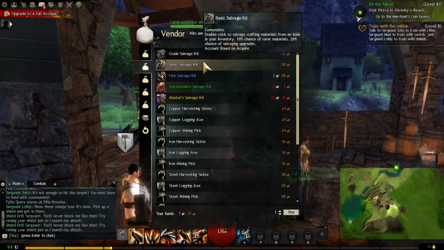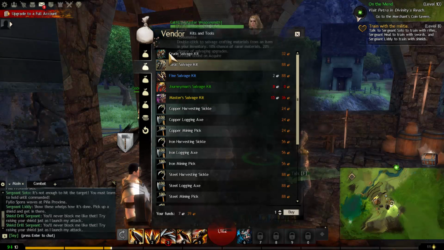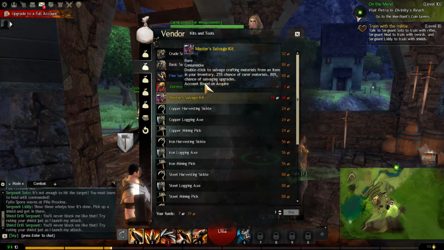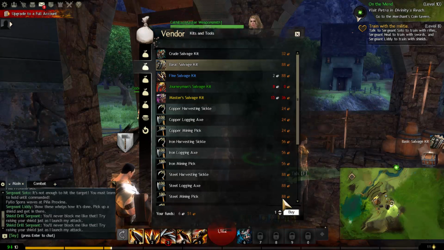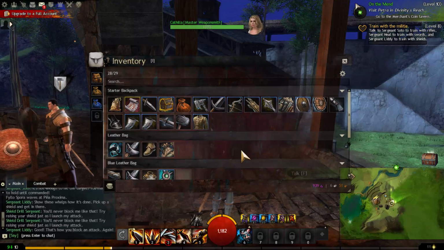So if we click on this, like 20 of them or something, do they go in stacks of 20? Well, buy 2 at once. Oh, they come in stacks of 25, that's right. The crude salvaging kit comes in a stack of 15, this comes in a stack of 25, and so do these ones. So essentially we just want a stack of basic salvaging kits, so we could buy one for 88 copper. Then we hit the escape button, then we go to inventory,